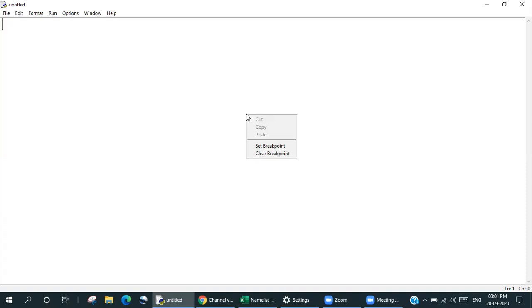So if I tell you, a program where you have to take 4 subjects from the user and print pass or fail, depending on the grade that they get, and the grade will be an average. So if the average is above 50, you will say pass. If the average is below 50, you will say fail. I believe this program is also very much done with you all in various ways. We also did the program where you found the largest of the three numbers.